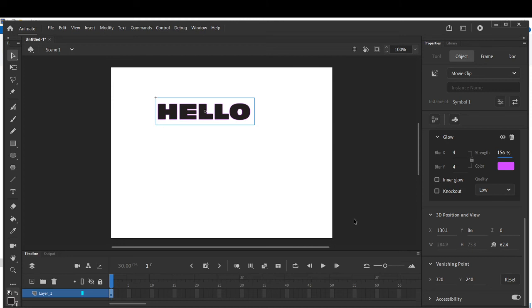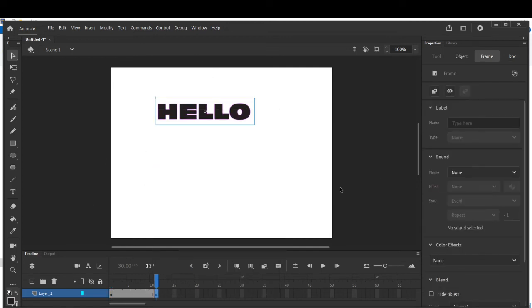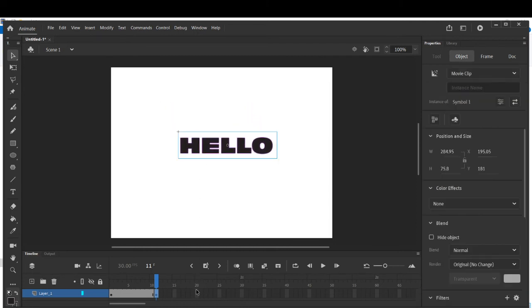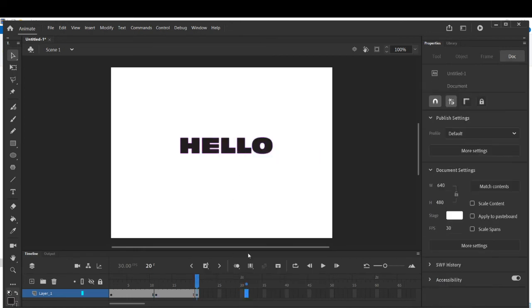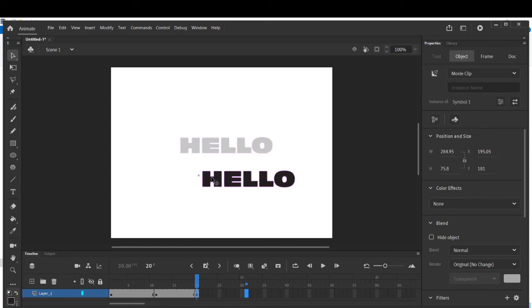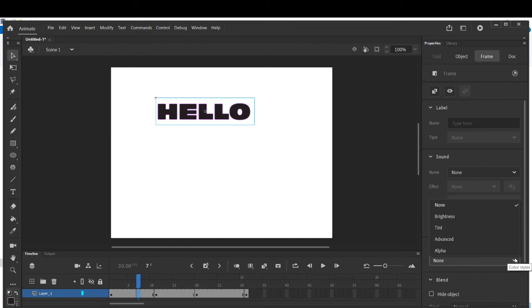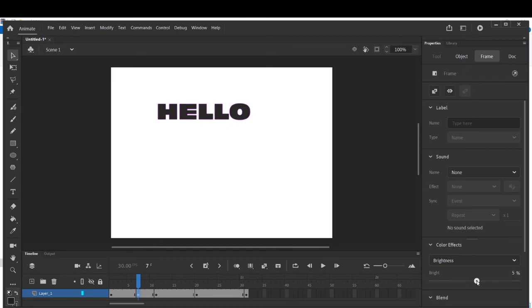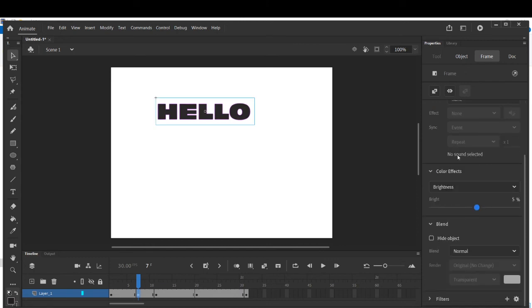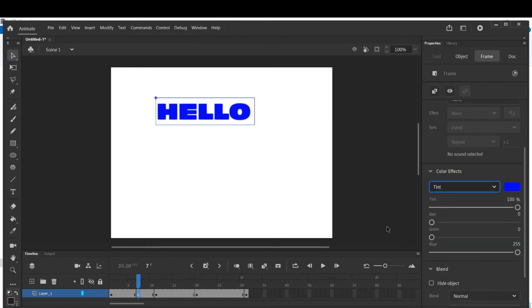Now what you can do, you can right click, or you can separate the text. Right click here, insert keyframe, and then change its color. Okay, so one time, then second time, then just change it first, third time, in this way. Click here and give the color option, brightness. Okay, see the brightness, it will change in this way. You can change different colors. Tint we have already done also, so you can change it.